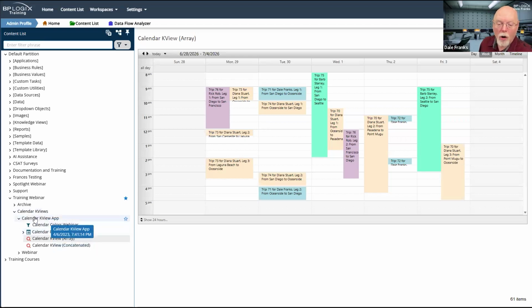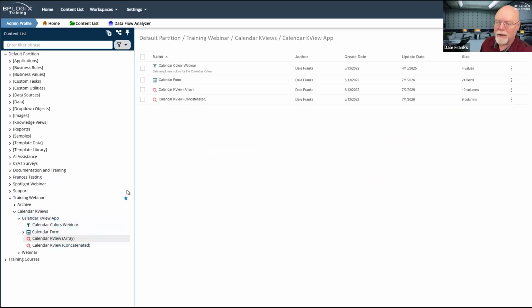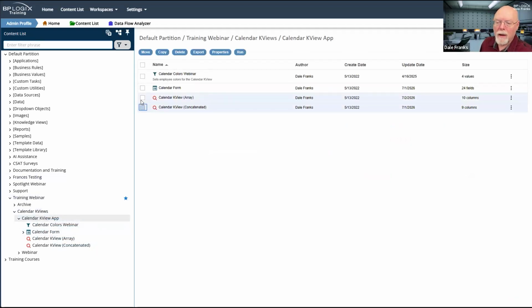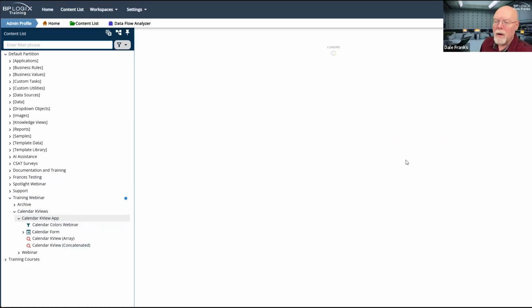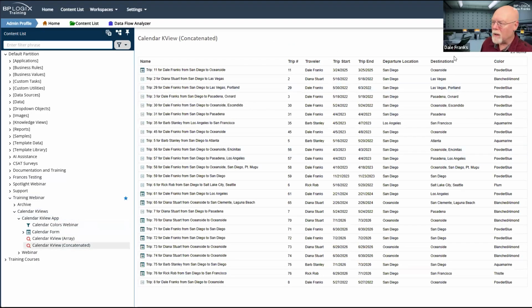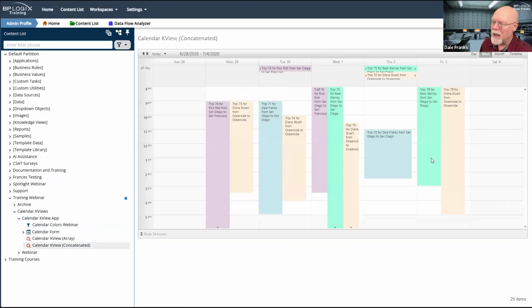So there is an alternate way of showing this in a calendar knowledge view, which is encapsulated here in this knowledge view. I just want to note really quickly, we are seeing a grid. That's because that's how I have chosen to show it for now. We'll have to click the calendar icon to show the calendar knowledge view, but now we see something a little bit different.